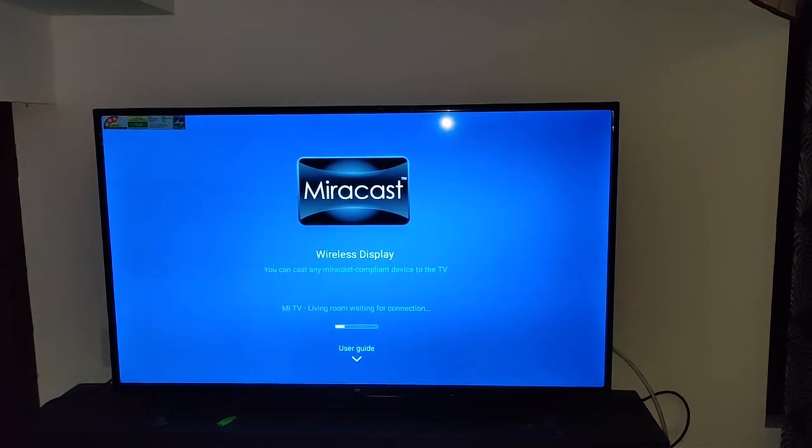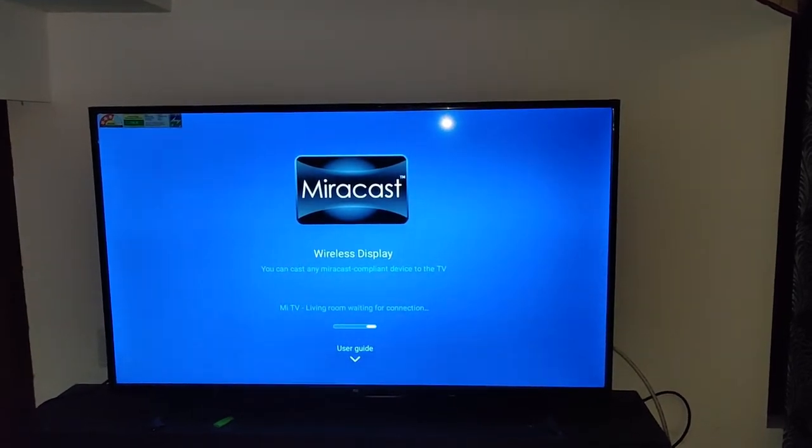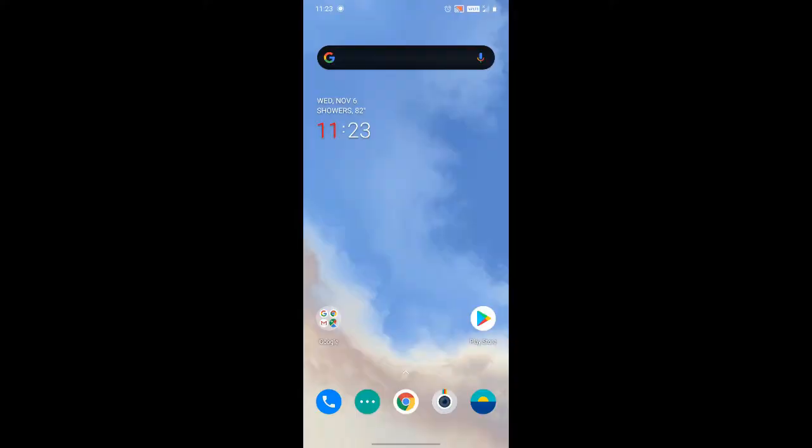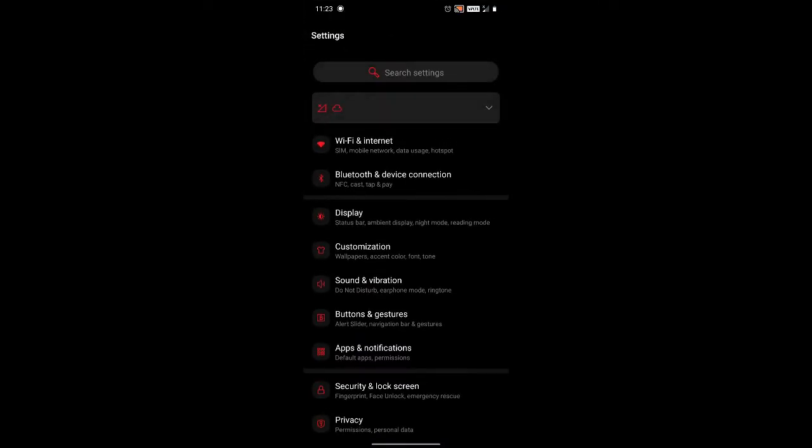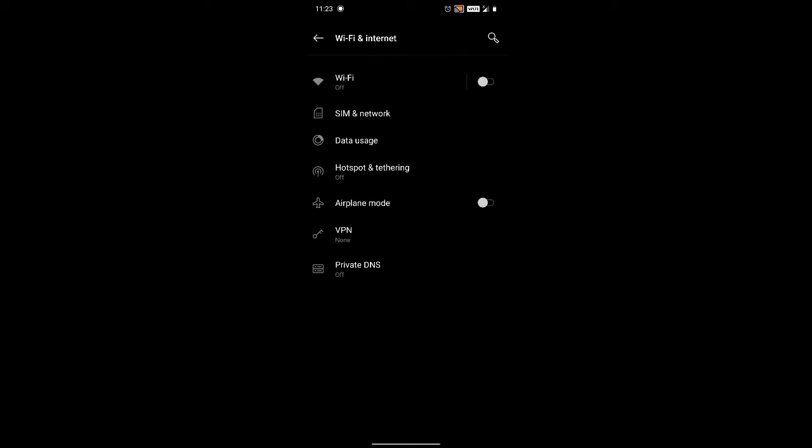Then, you need to do some settings in your smartphone, in your OnePlus smartphone. We have a OnePlus 7T with us, so let's see what configurations we need to do in this one. When we scroll down, we will see the option of Settings, right? You need to select that first, and in the settings you need to select the first option, Wi-Fi and